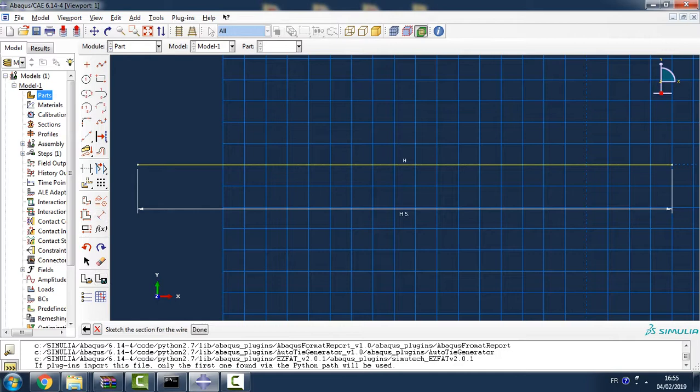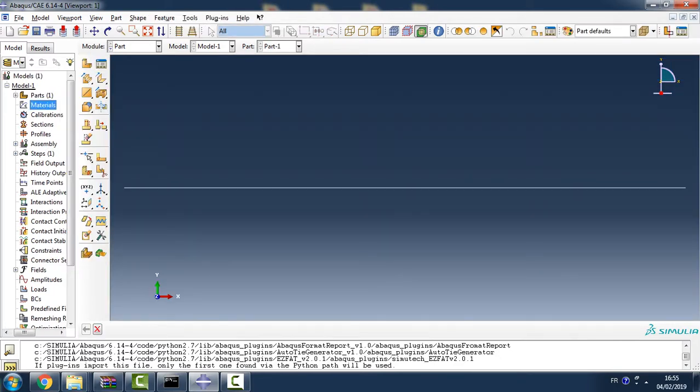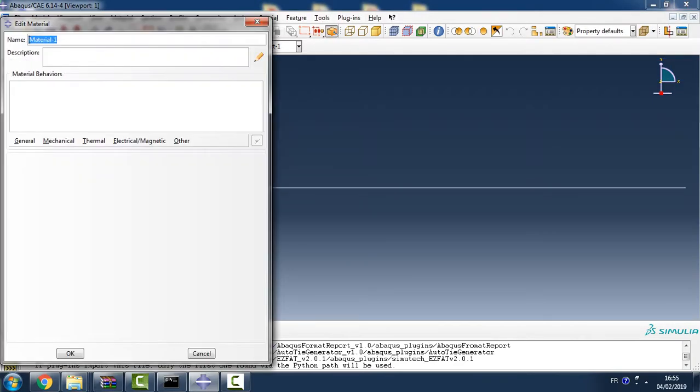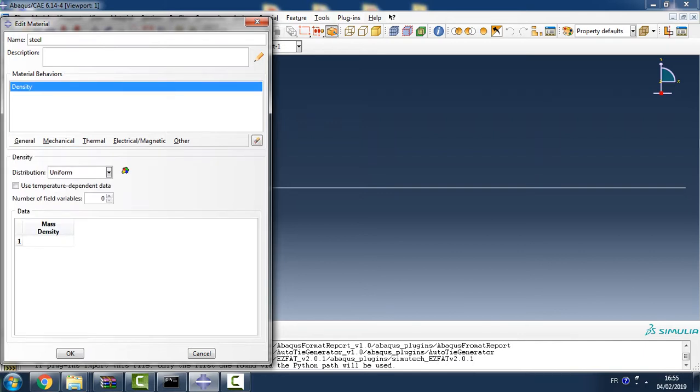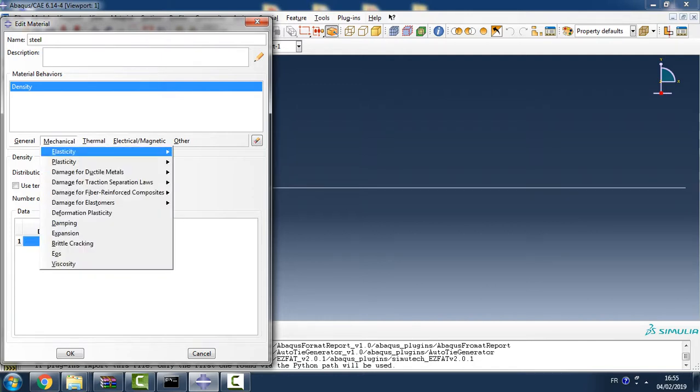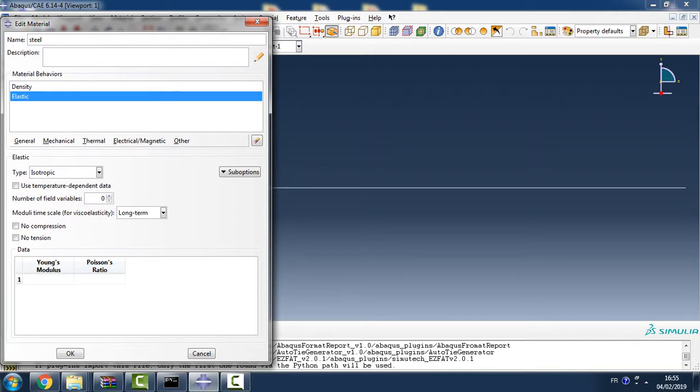and then for the material it's steel, with a general density of 7,800. And elastic, the Young's modulus is 200 gigapascal, and Poisson's ratio 0.3. Okay,